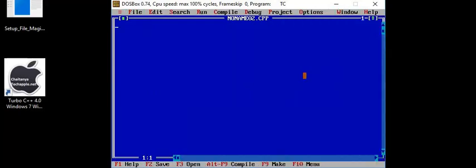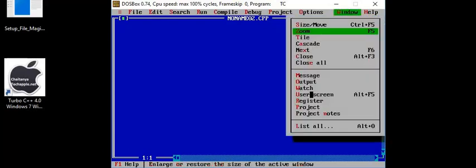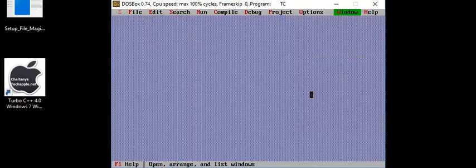Now I am using the mouse. I request you to make use of shortcut keys also. I want to open the window menu without using the mouse. The Alt key is there on the keyboard. There are two Alt keys on the keyboard. You can use any one of them. Alt W. W is the highlighted letter from that menu. Alt W. Move the cursor over close. Enter. I am not using the mouse now. I am using the shortcut keys.